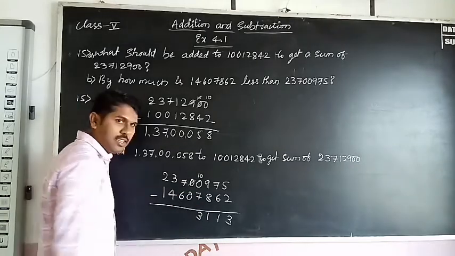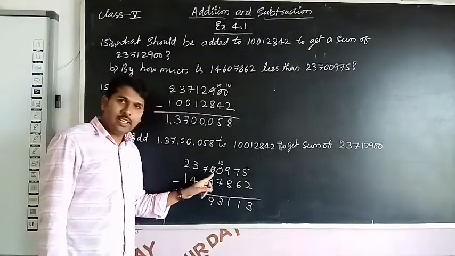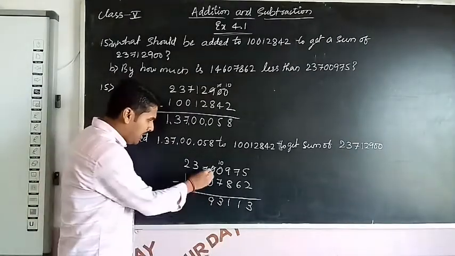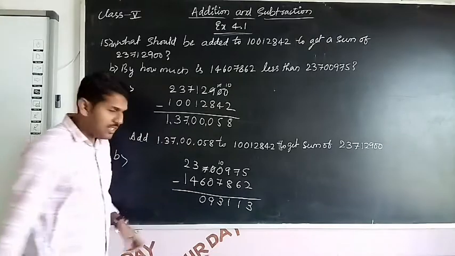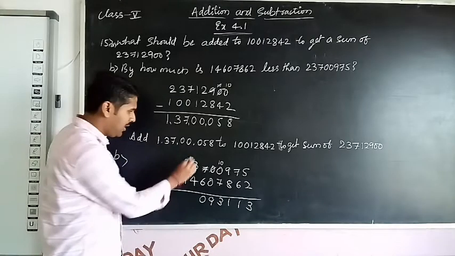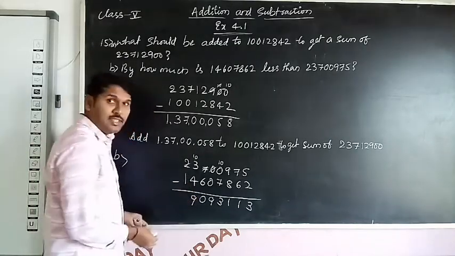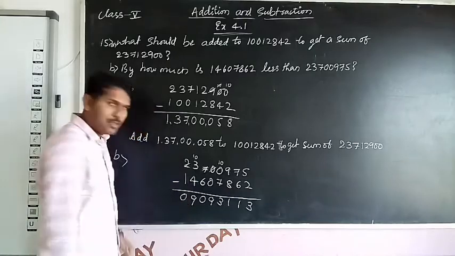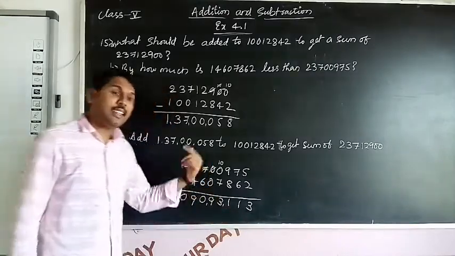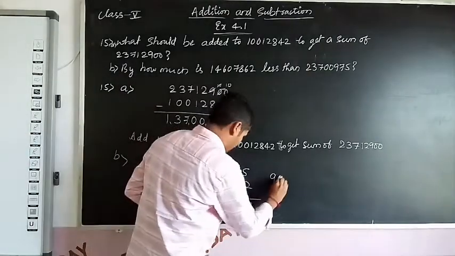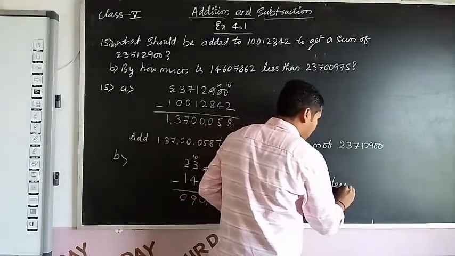Isn't it? So here cancel. 9 minus 0, 9. So here 1 cancel. 9 minus 0, 9. Again we have taken extra 10 more here. So 6 minus 6, 0. 3 is there. So 3 means 13. Here take 10. 10 plus 3, 13. 13 minus 4, 9. So 1 cancel. 2 minus 1, 1. 1 minus 1, 0. So what will be the answer? 90,93,113 is less than